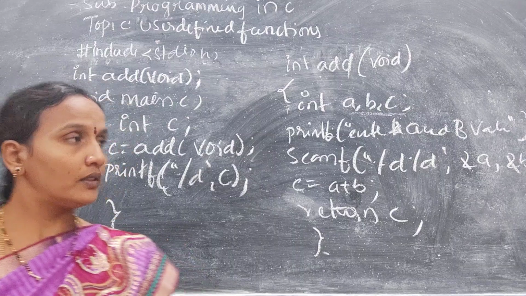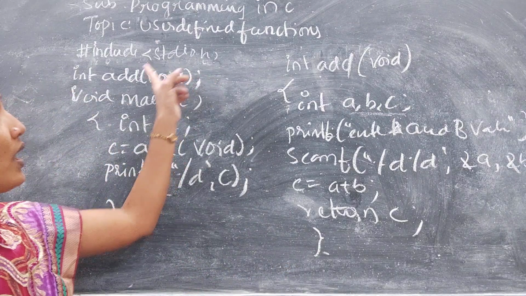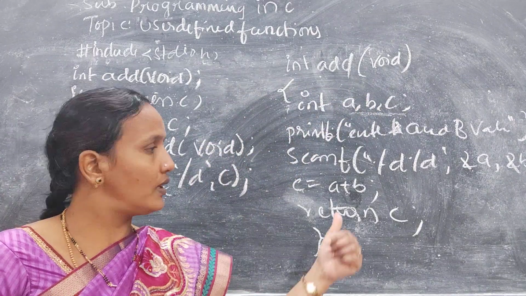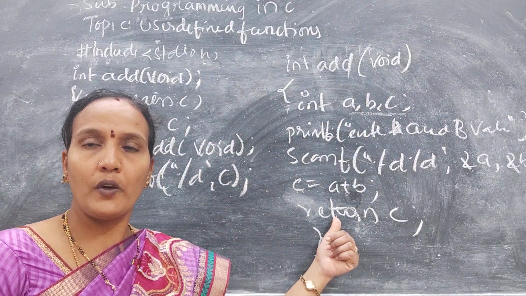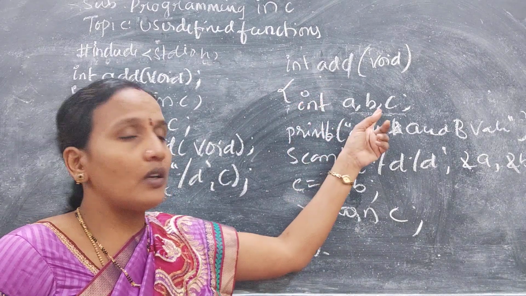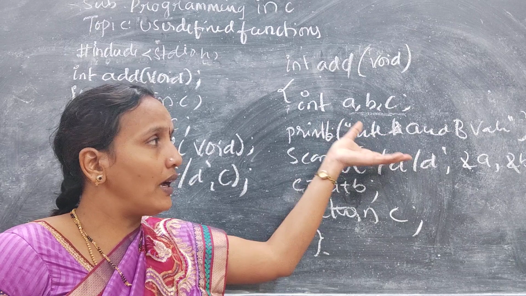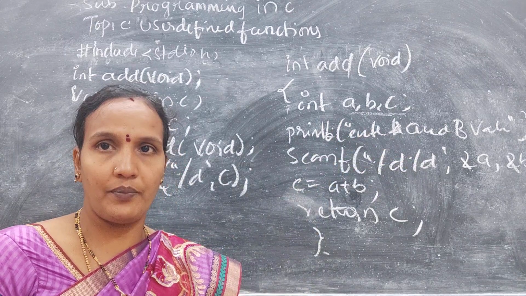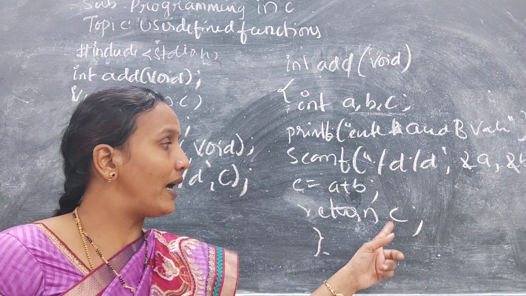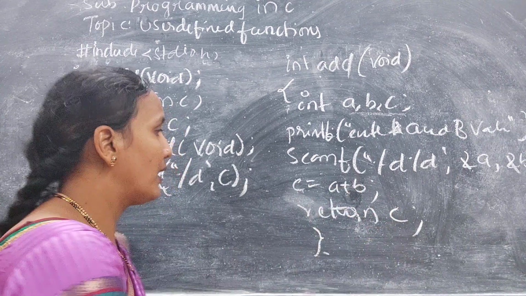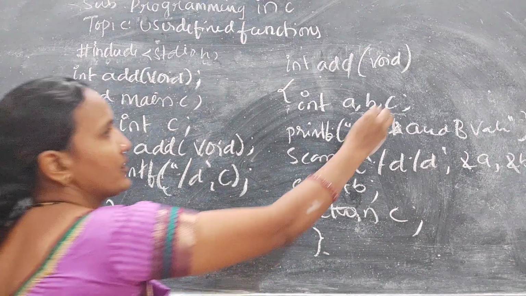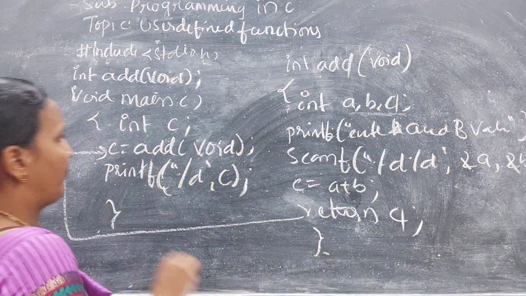Okay, so here, as I already said, no arguments, but the return statement is there. So how is this function executed? Here I am taking local variables and taking values from the user at runtime, calculating c equals a plus b, storing that value in c, and that c is returned back to the caller. Here, instead of c, better you take c1, so you will get clarity.